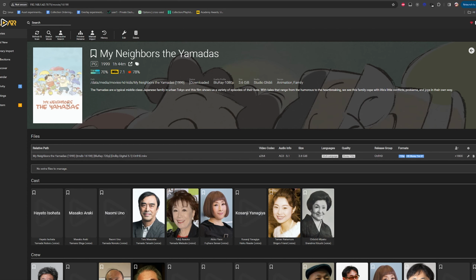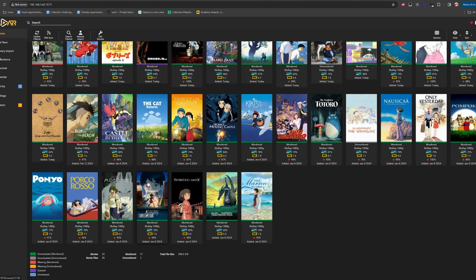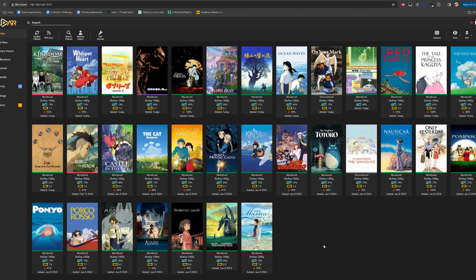So in this instance, I said, okay, unmonitor it. Remember, monitoring is for when a torrent gets uploaded on the website and then the RSS picks it up and then Radarr processes it. That's all it's for. So if I'm happy with what file I have, and I'm pretty sure I'm going to be happy with it forever, I unmonitor it. It's pretty much just that simple. That's the reason you might see some movies unmonitored on my end here.